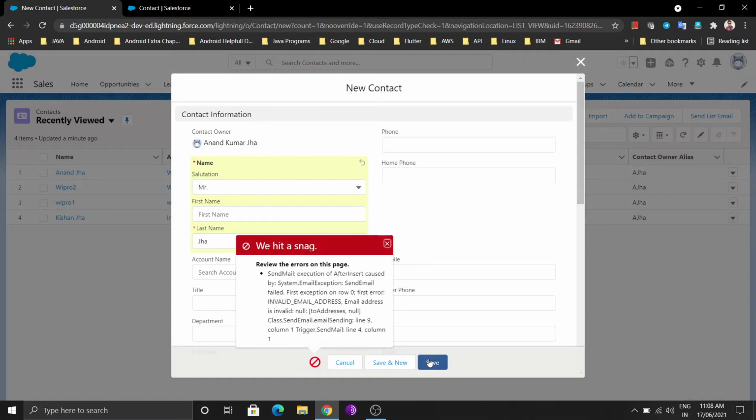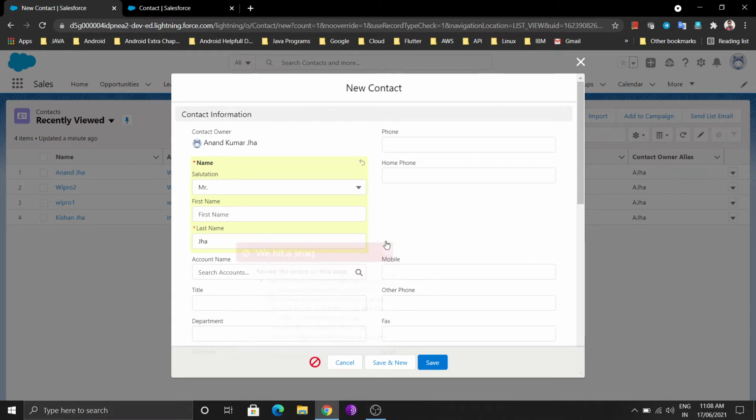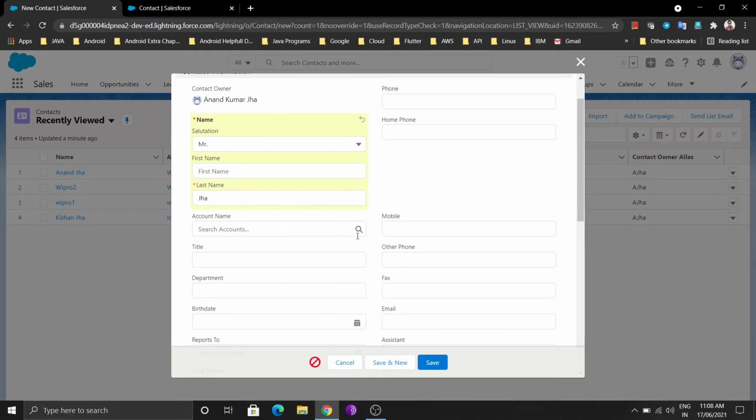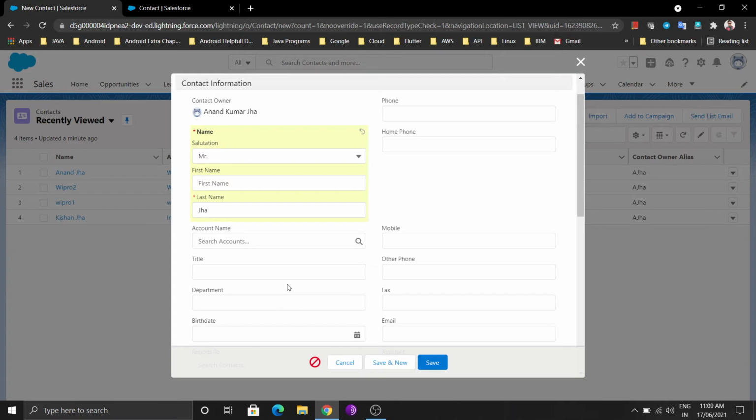So that's why the send mail execution of after insert was caused. Okay, we have to enter our email also. Maybe there are some formula or validation rules applied here. That's why it's asking.